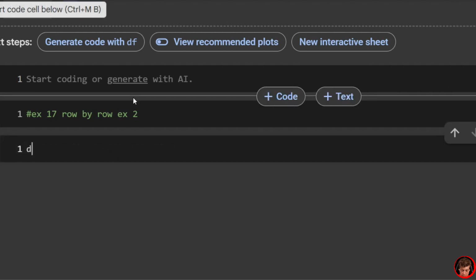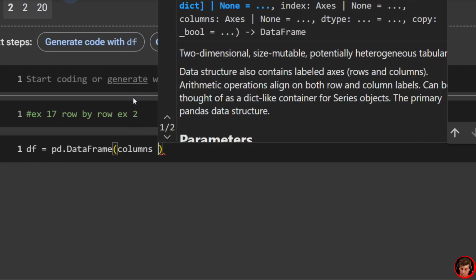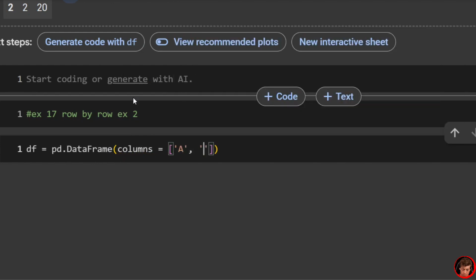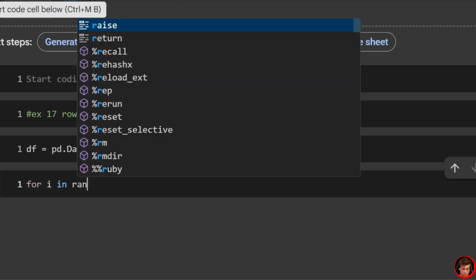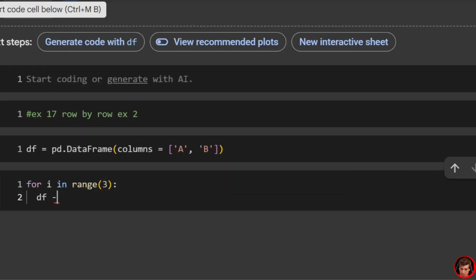And how we're going to do this is we're going to say df equals pd.DataFrame, say columns equals, and we'll pass in over here A and B. So A and also B. All right. And then what we're going to do next is for i in range, we're going to do the 3 again. And we're going to say df equals